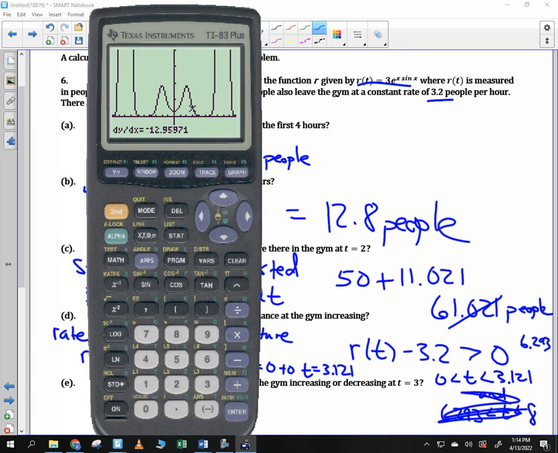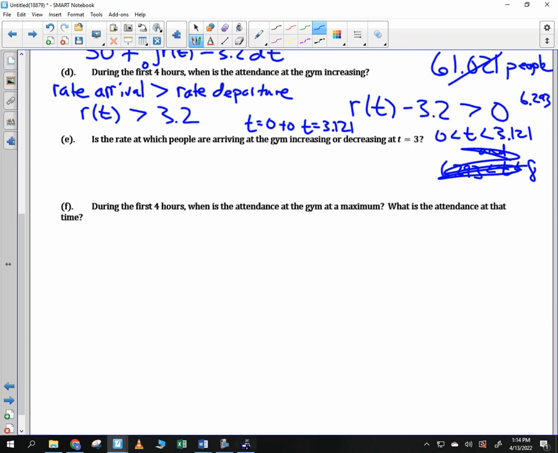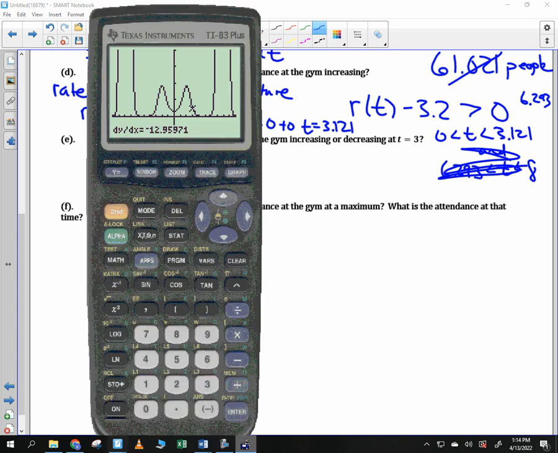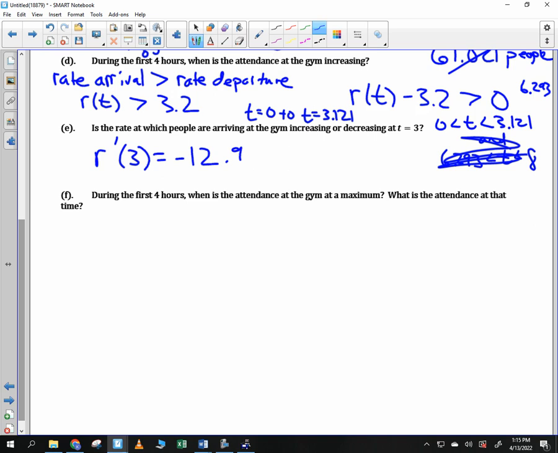And sure enough, I say r prime of 3 is equal to negative 12.959. Thus, the rate of arrival